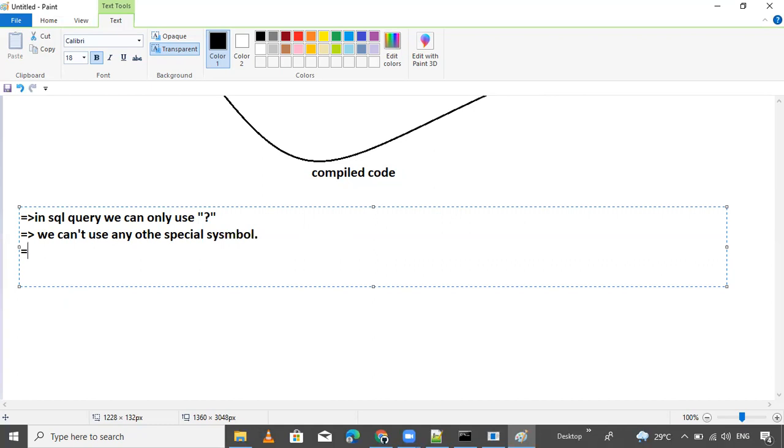Now this is a very important point about where we use the question mark symbol, so put more concentration on this particular point.